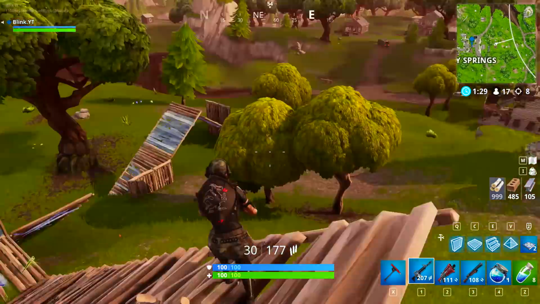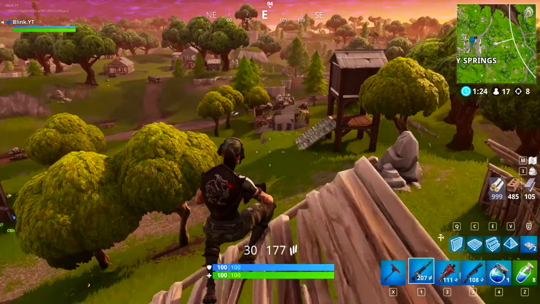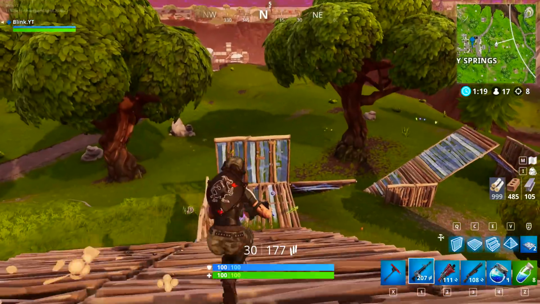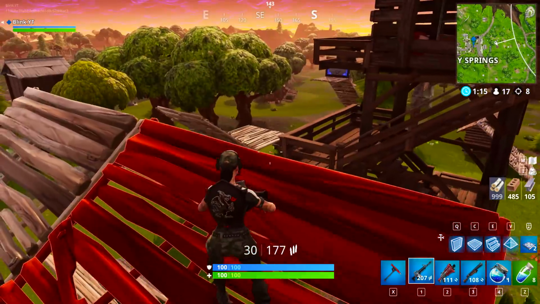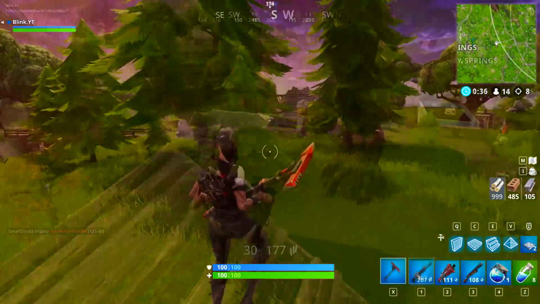What I'm doing here is using the materials we built around to get on the highest point to see if I can spot for any more opponents. I'll do this pretty often after a fight, because any players around might be heading towards you right after that fight. So by you getting to one of the highest points around you, you can spot much easier and still hold the high ground. I don't spot anyone, so I backtrack to an older fight